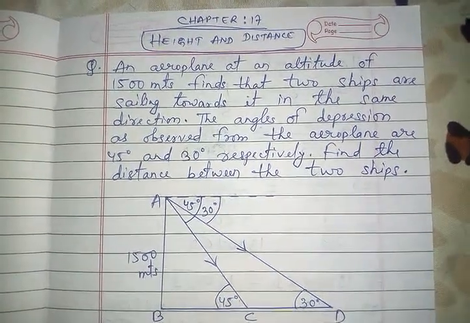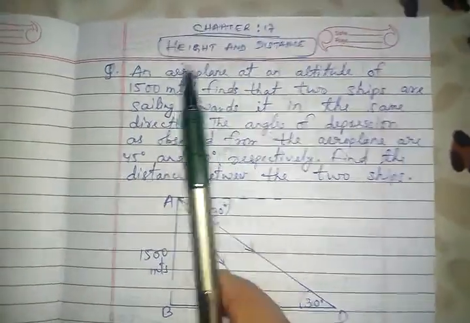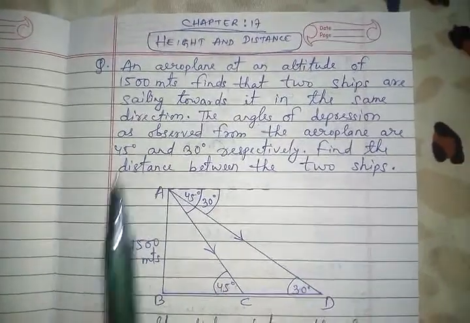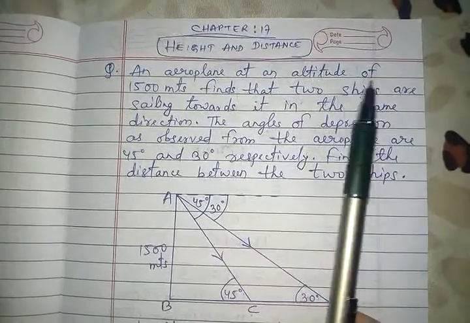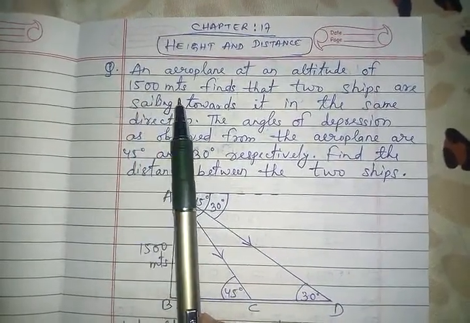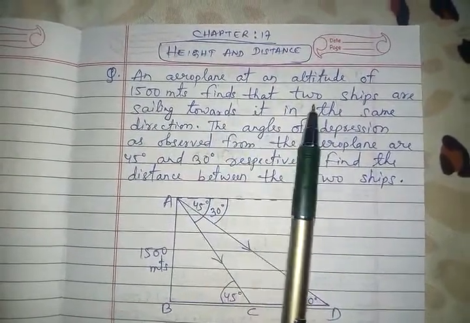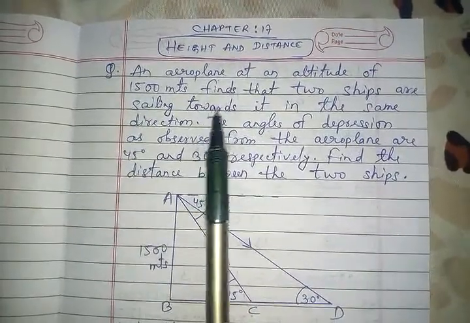Class 10 children, we have already begun the chapter Height and Distance. So let us discuss a new question today. The question is, an aeroplane at an altitude of 1500 meter finds that two ships are sailing towards it in